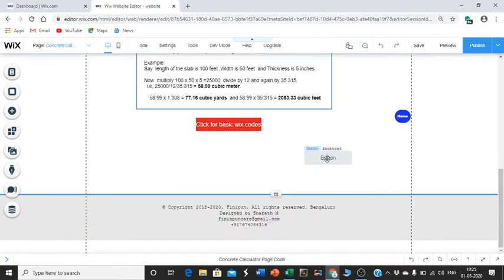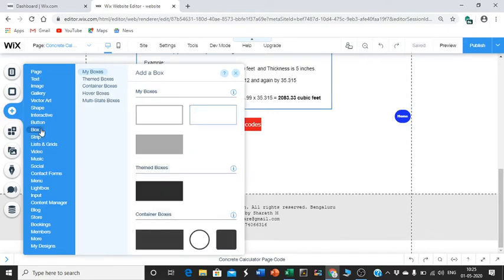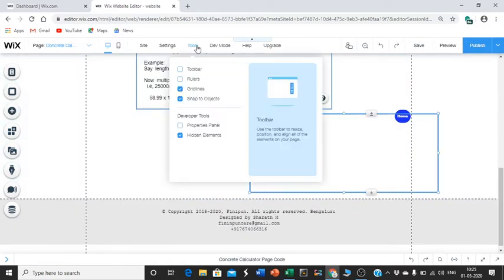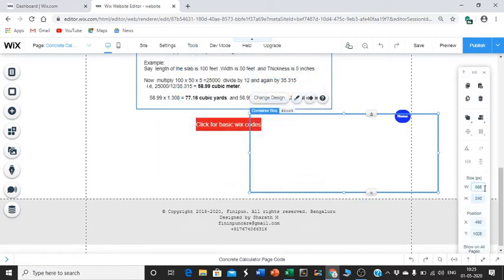Now we'll learn about the box. Select box, again drag and drop. For this, go to tools. The toolbar is very helpful, it will reduce your time.